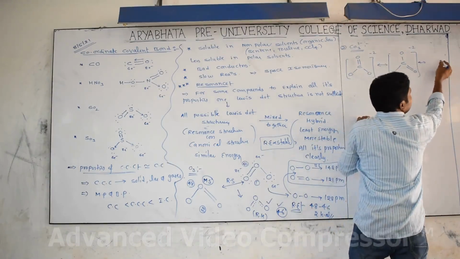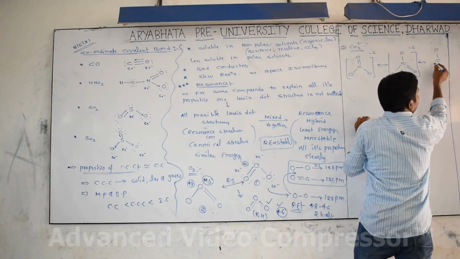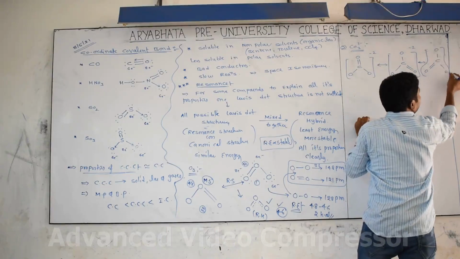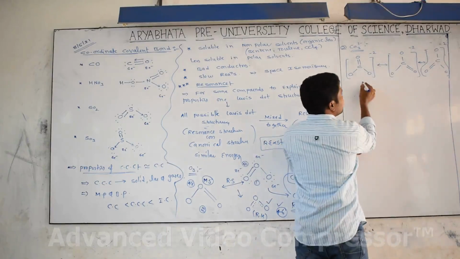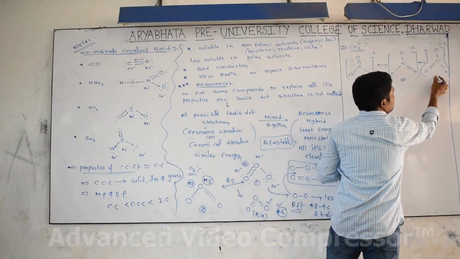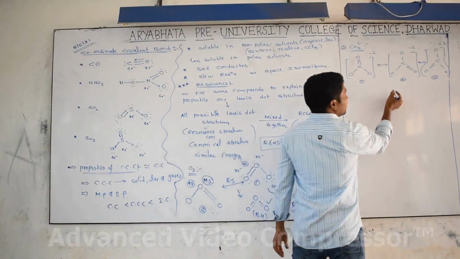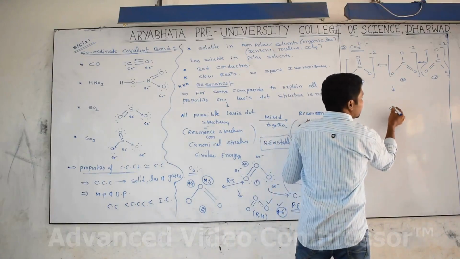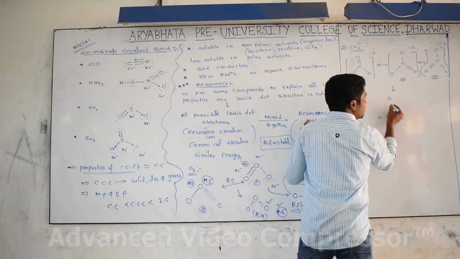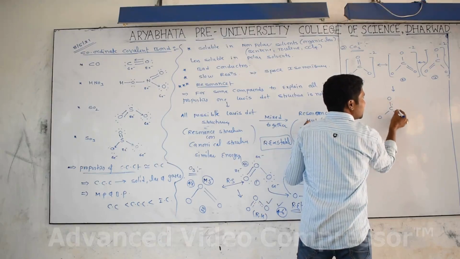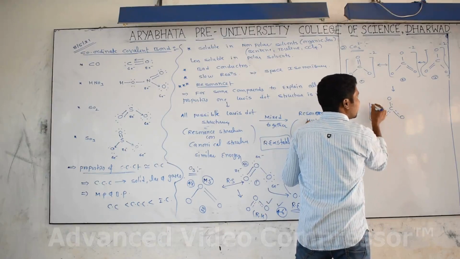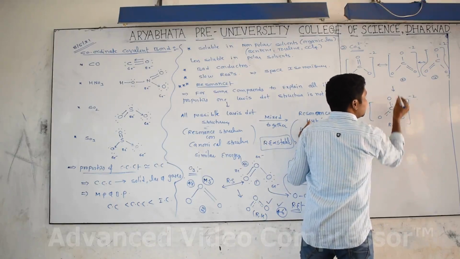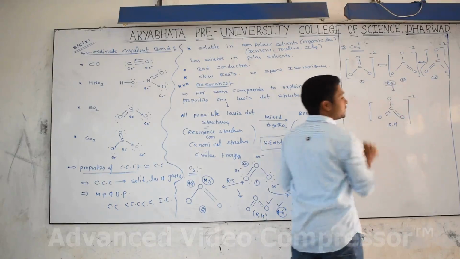Can you write one more resonance structure? C, O, and the O double bond comes here. After that we write the whole charge as -2. Resonance structures 1, 2 and 3 are what we call resonance structures. But after mixing all together we get a hybrid. Hybrid means what? The C-O single bond is fixed, but the pi bond is undergoing migration. That is shown by writing dots. After that the -2 charge. This is the resonance hybrid. These are resonance structures.